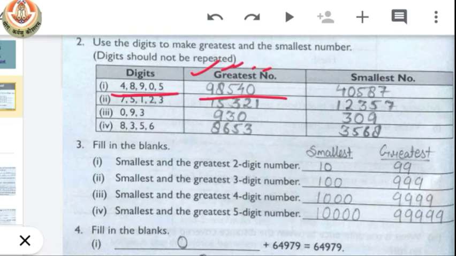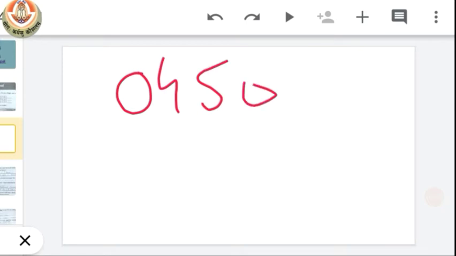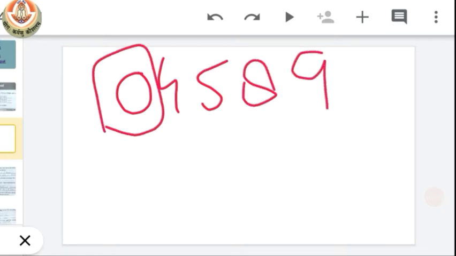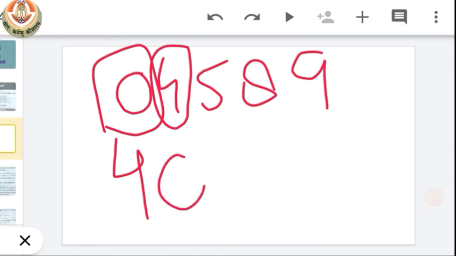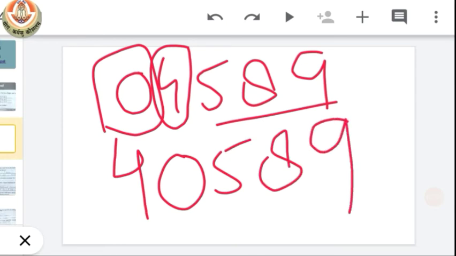But as you know that we have given 0 here. So when we have 0 in the given digits, we could not write like this. Okay, because it will not count in that place. So we have to put the second smallest number first, then we have to place 0, and the others should be in the same way.